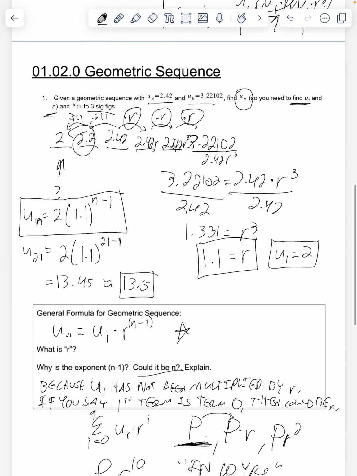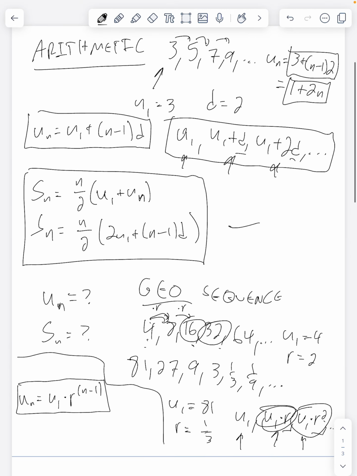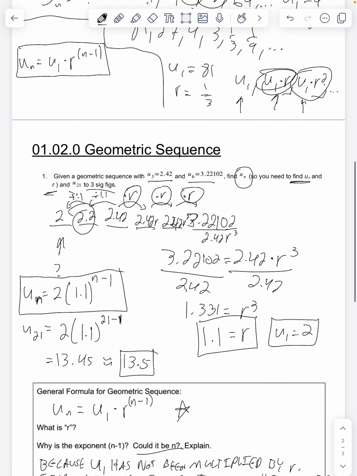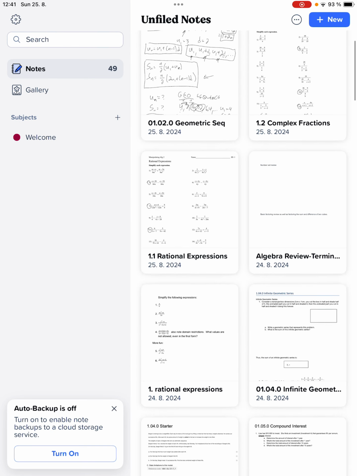So now we're going to try to find some kind of a sum formula where we're adding terms together. And I have to go to another document for that. I believe it's